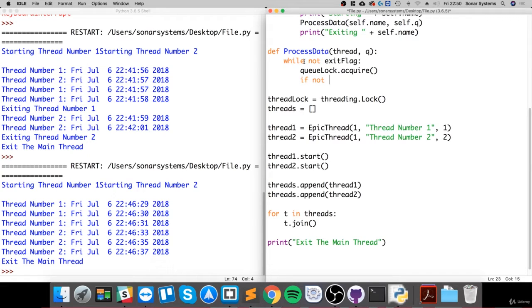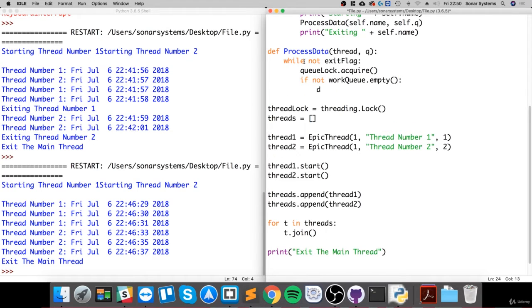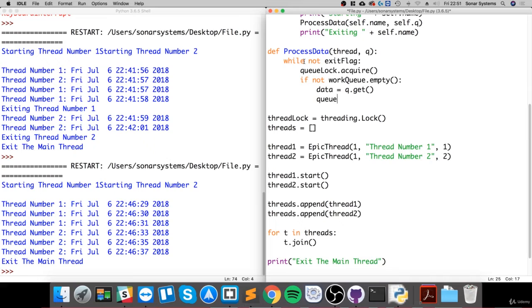So if the work queue isn't empty, so if there is actually something in the queue, we are going to get the data. The data equals queue dot get, then queue lock dot release,